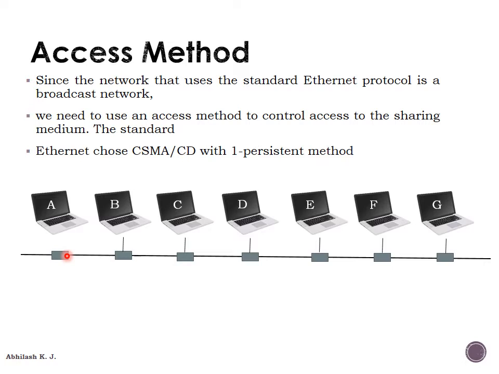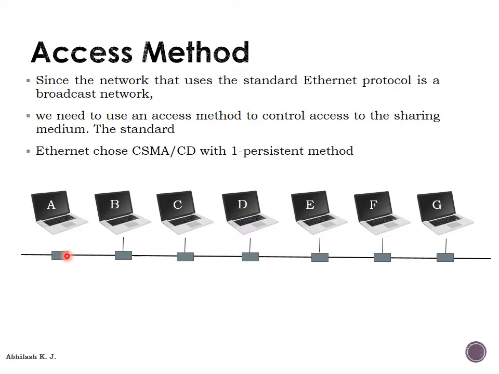It is continuously sending the frame. It has found out that the medium is idle and it starts sending the frame. And at the same time, it has to receive the signal from the medium regarding the energy status of the medium. So in the first case, let us consider A sending a frame. The maximum frame length is 512 bits, as we considered in the previous section.